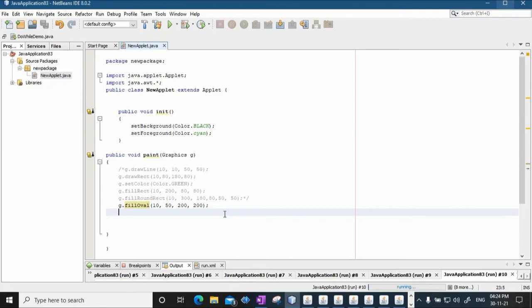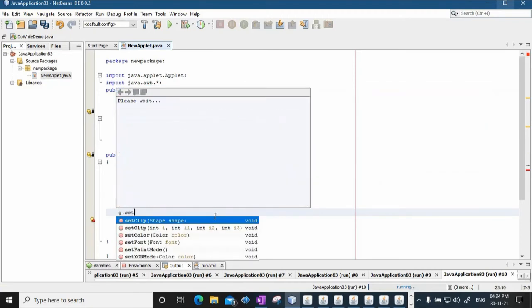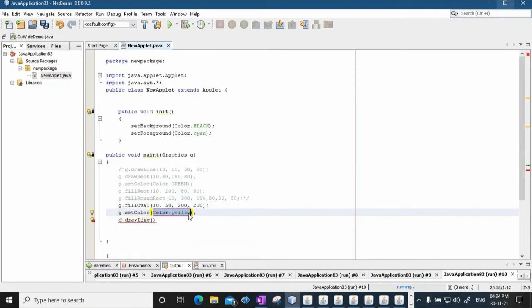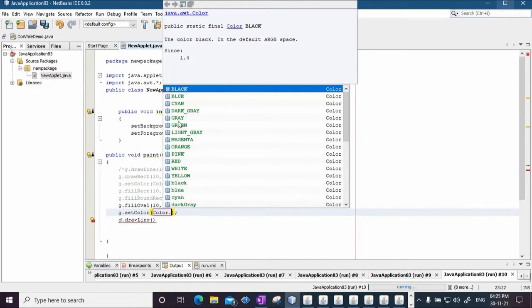If I want to draw a triangle, let's say g.drawLine. So let me specify this. I will just set the color here. I'll say g.setColor. I'll change the color. Let's say this color is yellow.